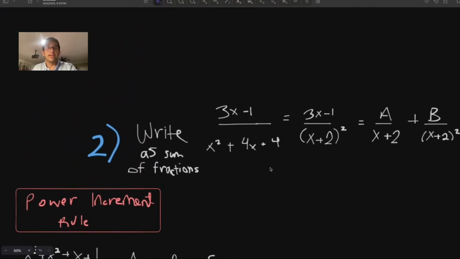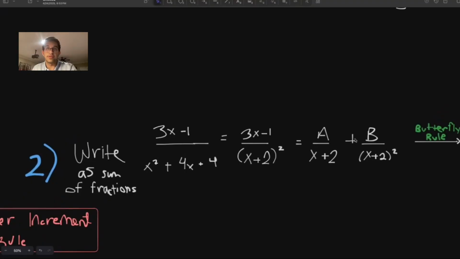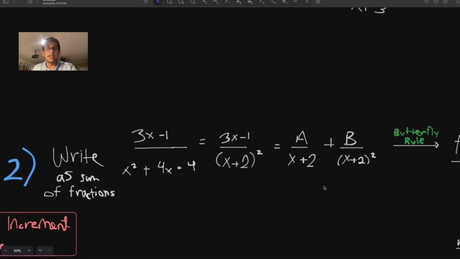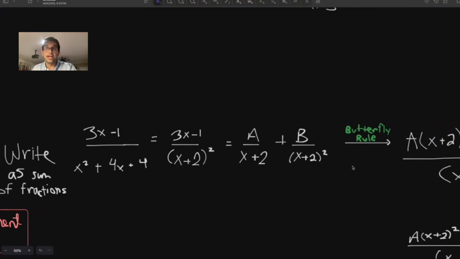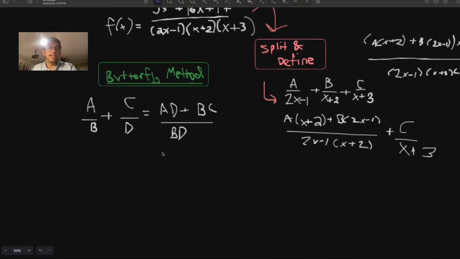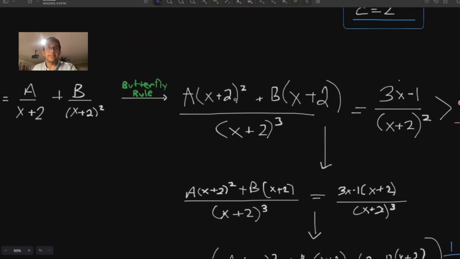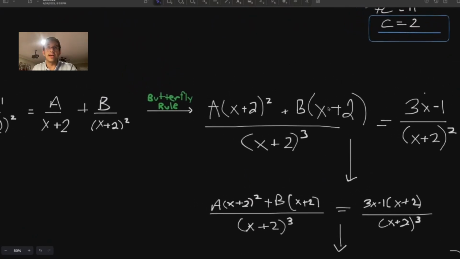Okay, so now let's look at this expression over here. So this simplifies to 3x minus 1 over x plus 2 squared. So obviously you have A over x plus 2 plus B over x plus 2 squared. Now we're going to use the butterfly rule that we talked about over here. A over B plus C over D is AD plus BC over BD. So once we plug that in, we're going to get A(x plus 2) plus B(x plus 2) squared over